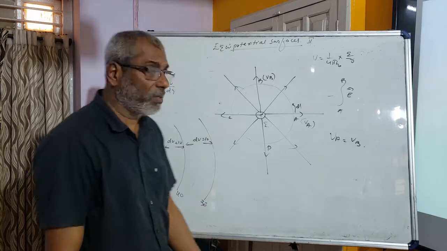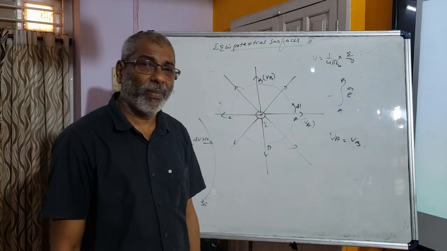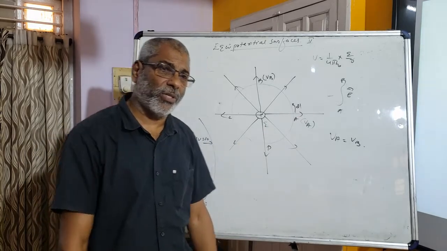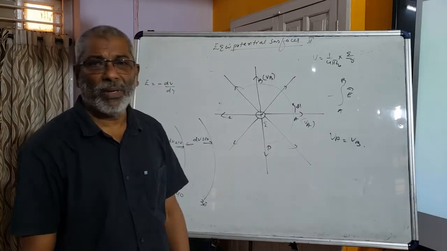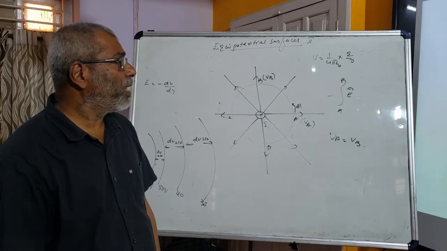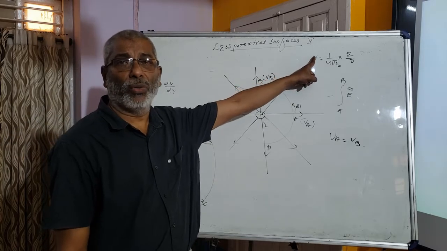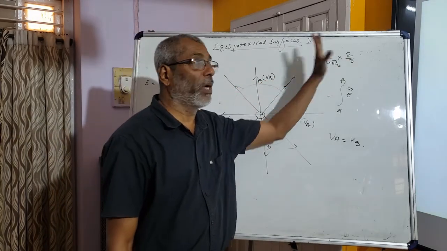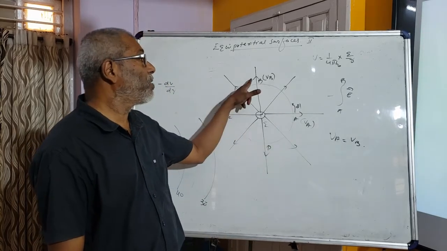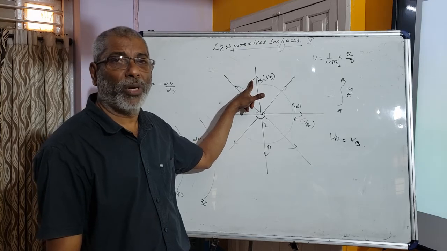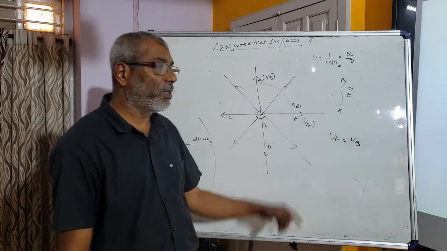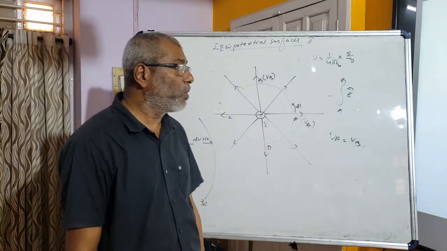Actually what you see here is a charged particle surrounded by a spherical surface. Every point on the spherical surface is at the same distance from the charged particle. For a point charge, the potential at distance R is given by V is equal to 1 by 4 pi epsilon 0 into Q by R. So here also, and here also, the same value 1 by 4 pi epsilon 0 into Q by R. So on an equipotential surface, the potential difference is always equal to 0.